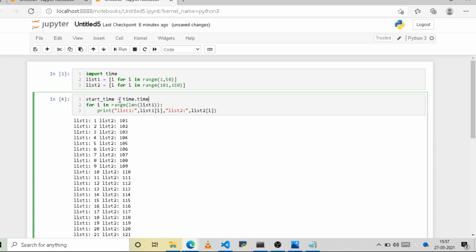So here we have start time equal to time.time(), and the same way end time, that is time.time(). Now let us try to print the difference between the two.